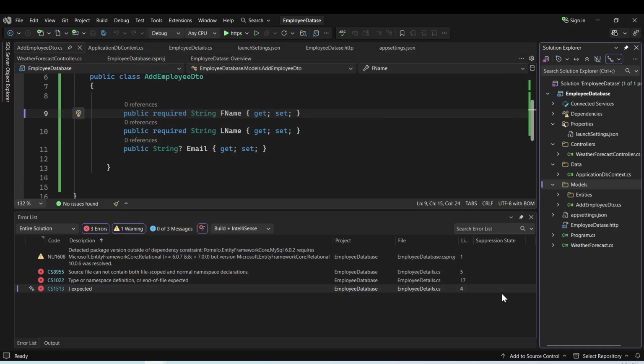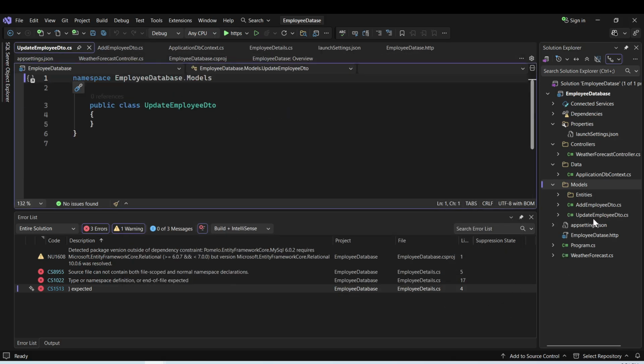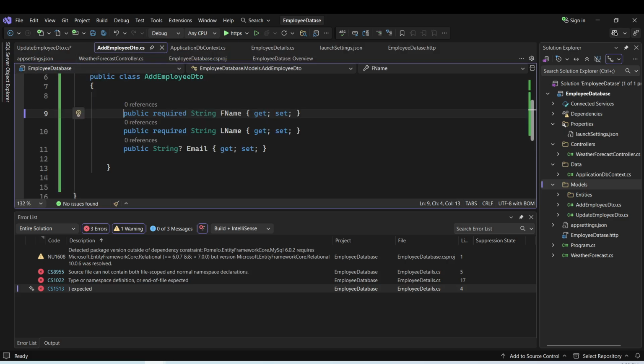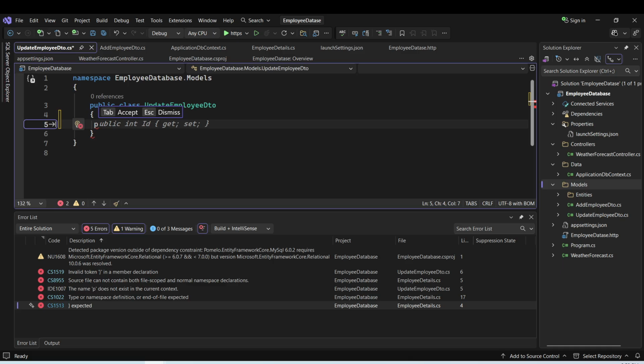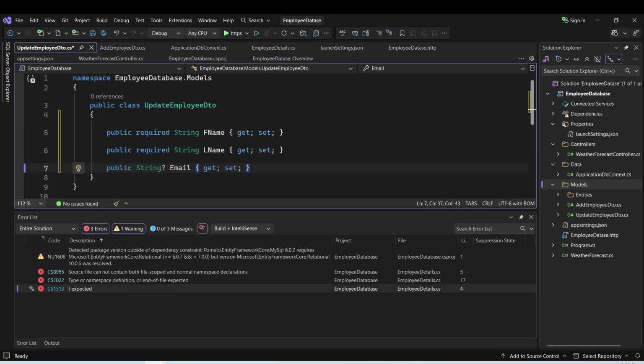Add, click on the add, and then this will create another class. So over here, I need some fields. Basically, I need the same fields that I had in the add employee DTO class, because when we're creating the update endpoint in the controller, this class will be used. So I just copy paste the same fields here,